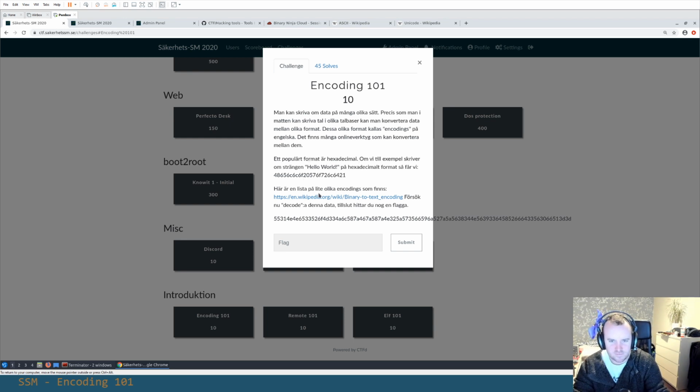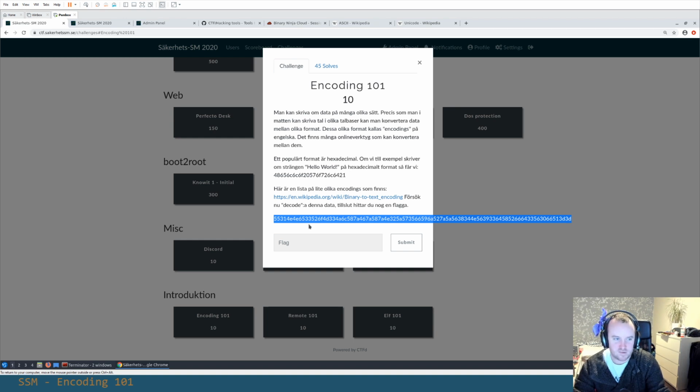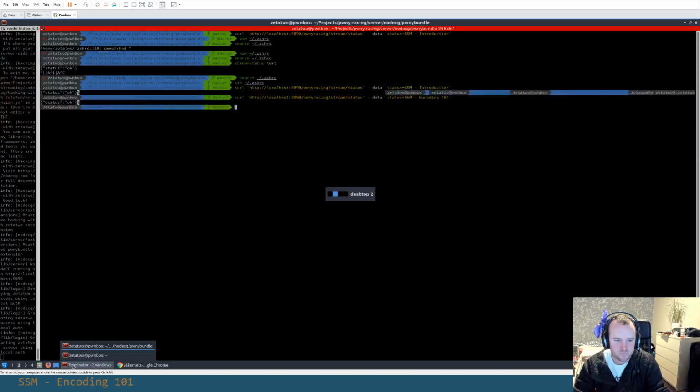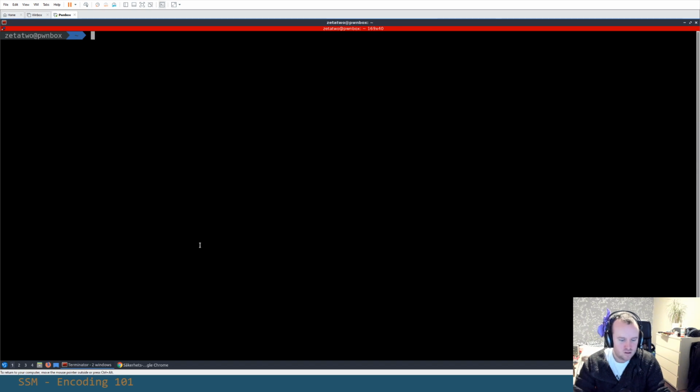So that's something to point out. And yeah, here is another link to a Wikipedia article. So here we are given a string of hexadecimal digits, and we want to turn this into a flag. So I'm just going to